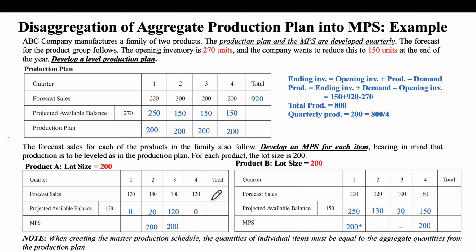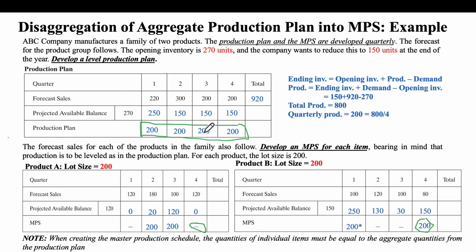Now, as you can see, all our conditions have been fulfilled. One of the conditions was that we cannot produce more than 200 in any of these periods. This condition has been fulfilled because in period 1 we are producing 200 here, and in periods 2 and 3 we are producing 200 here, and we are not producing anything here. The production in week 4 was 0, but for product B the production was 200. So the total of this 200 and this 0 is equal to 200, which means we did not violate